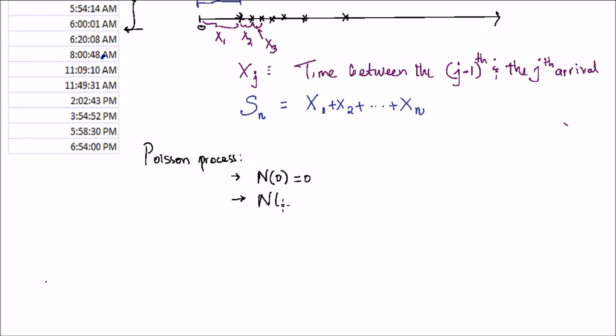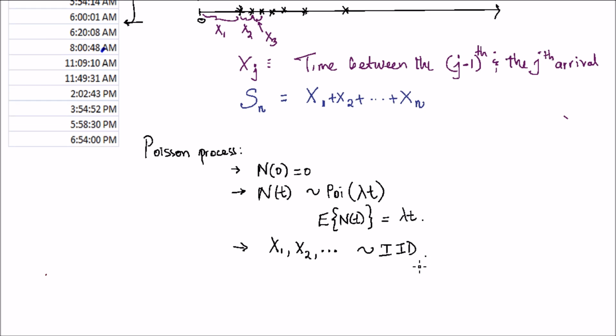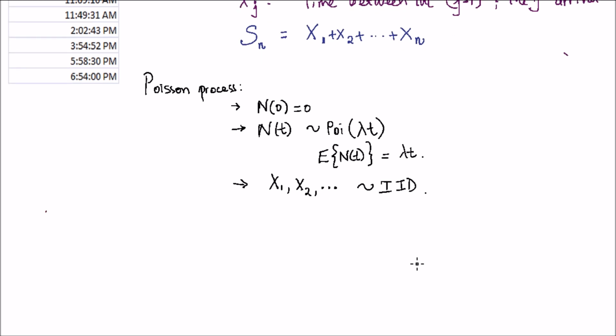And the second condition is that the random variable N(t) follows a Poisson distribution with the rate lambda t. So that means we know its probability mass function, and also the expected value, which is equal to lambda t, which is also the same as the variance. And the third condition is that the inter-arrival times X1, X2, and so on are IID random variables. That is, they are independent and identically